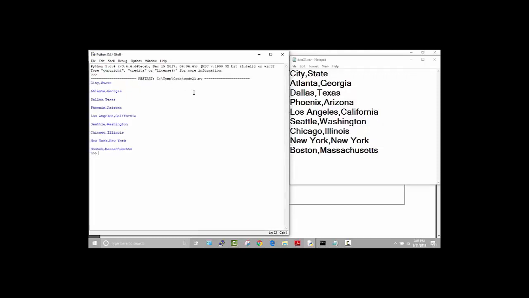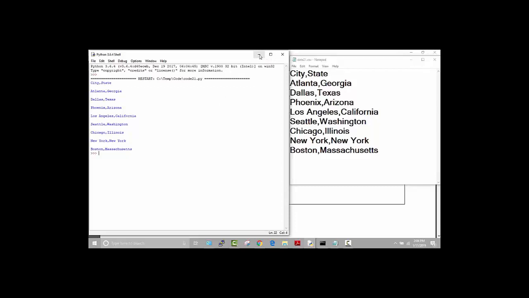Okay, so we can see that it just ran it and printed everything out to the screen. You can see that there's a little extra space in between each item, and we'll talk about how to get rid of that later. But that does it for this first exercise. Very simple code, very simple data file, but this is how you will start building your skills,